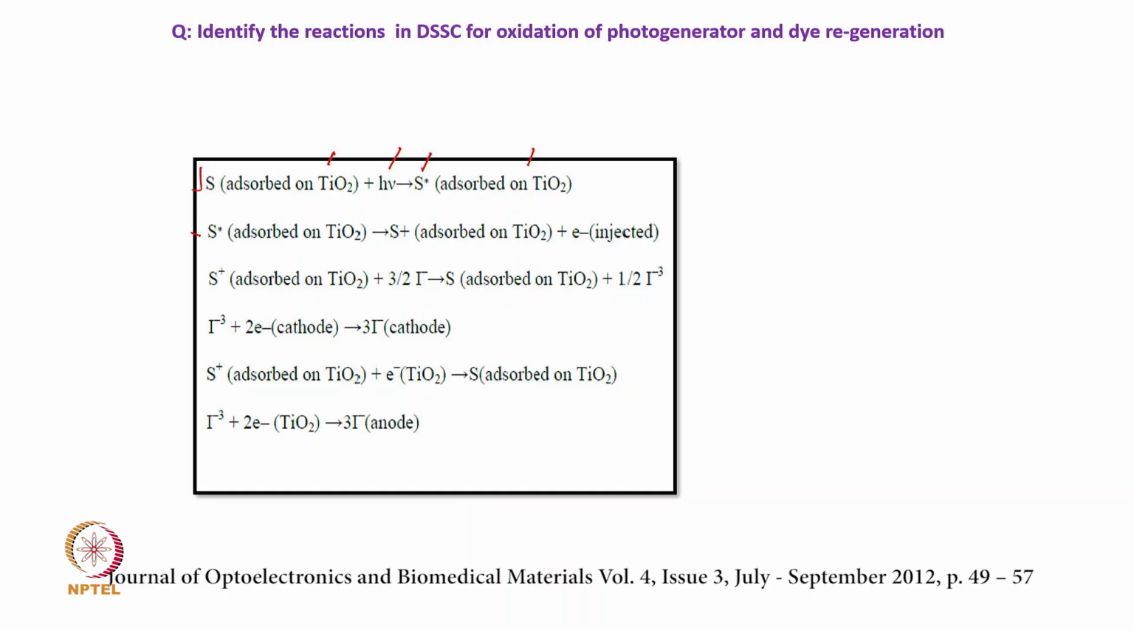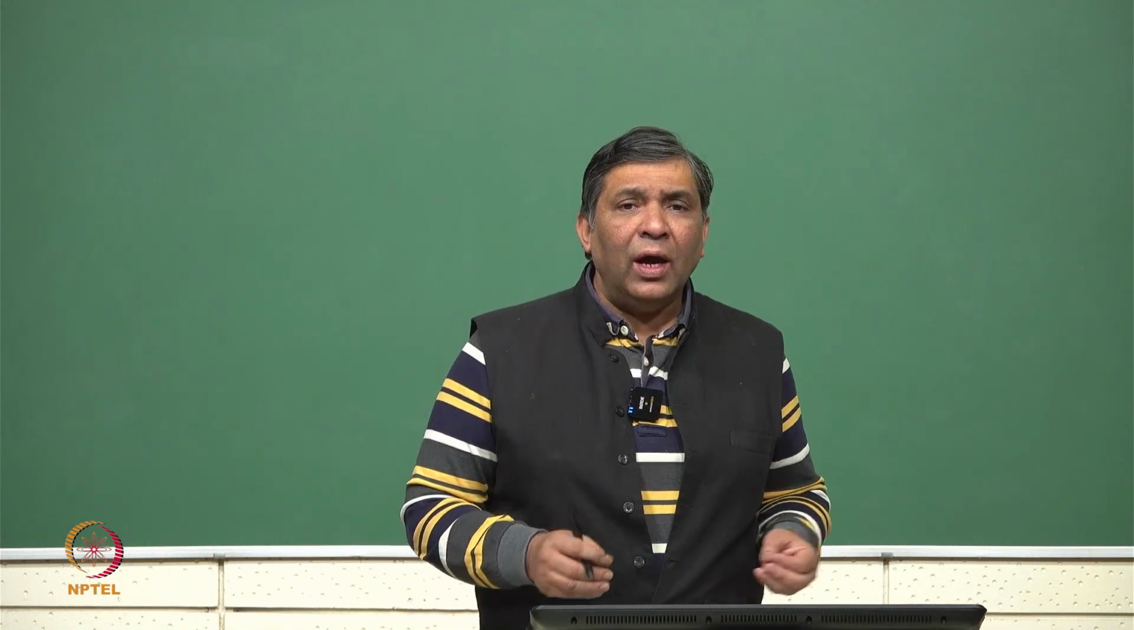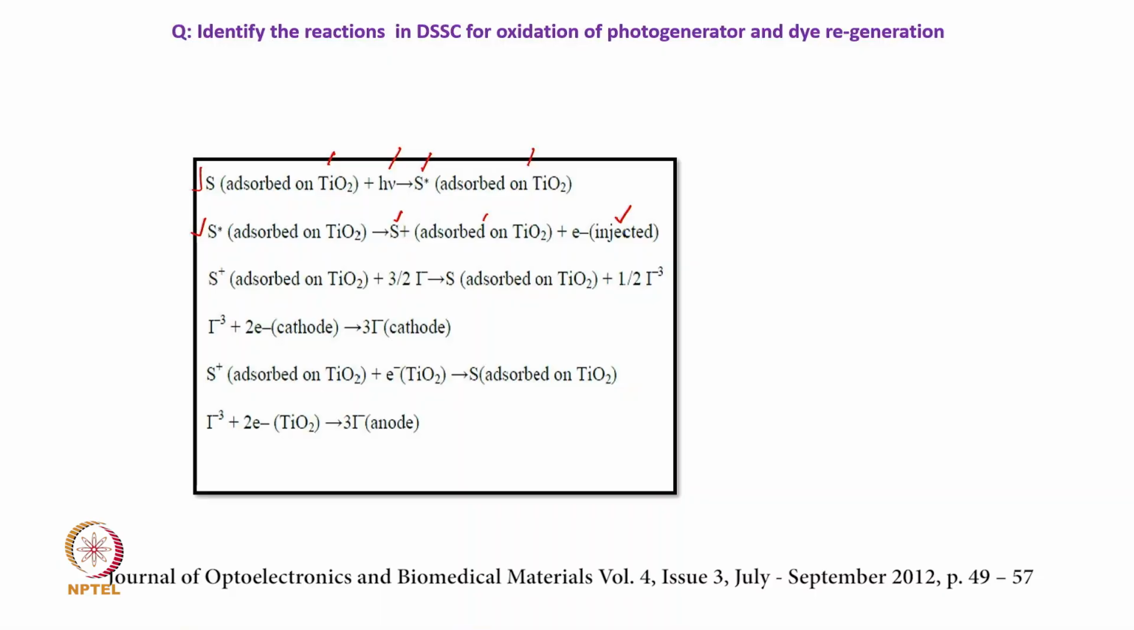Now, this dye which is absorbed on TiO2 becomes S plus by injection of an electron to the conduction band of TiO2. It is an injection process of electron in the conduction band of TiO2. All right. So, now it gives an electron to TiO2 and the third reaction starts when S plus, which is